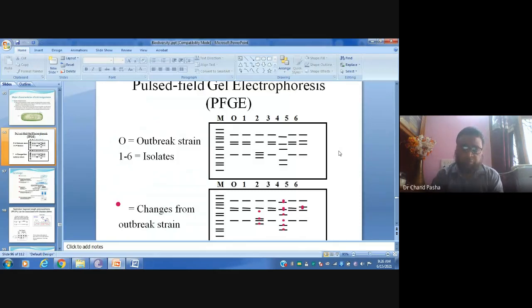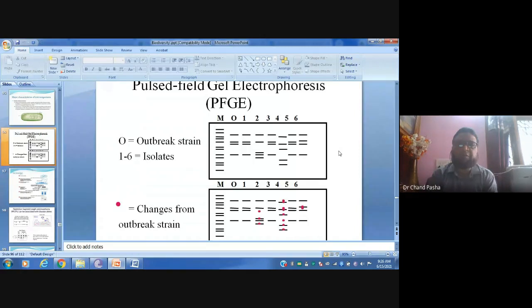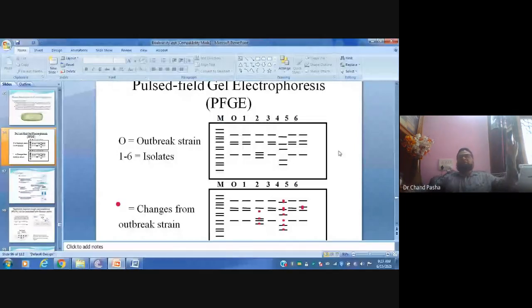Why a discontinuous power supply? When you do it under heat conditions, opening is promoted. The opening of double stranded DNA is actually DNA breathing. We can also call it denaturation of double strands, whatever it may be. So temperature pulse field electrophoresis promotes the separation of DNA based on even a little amount of GC content.